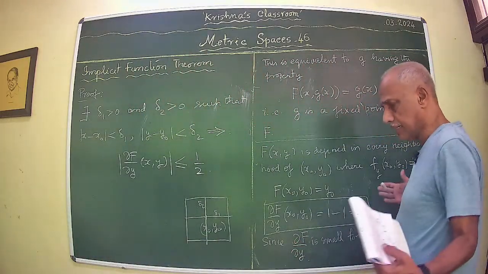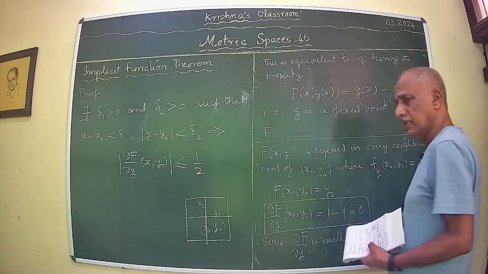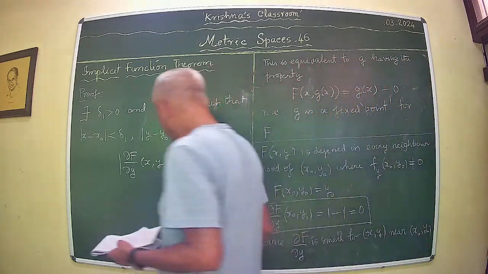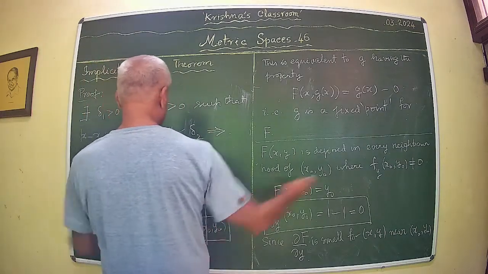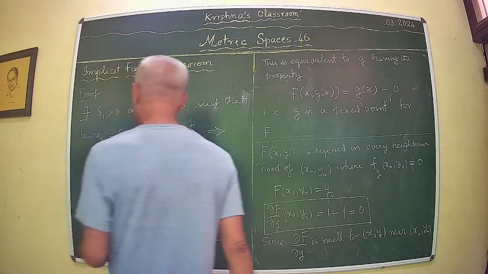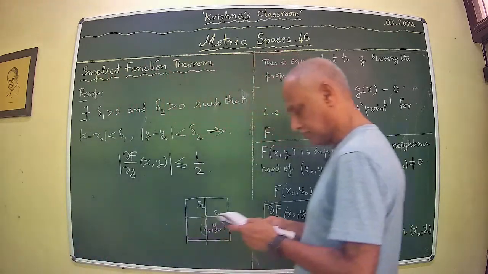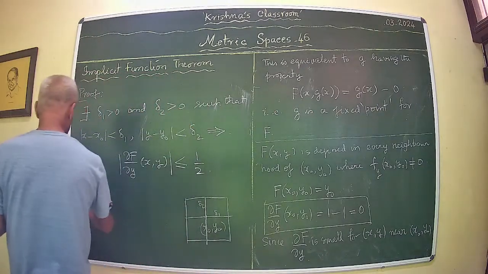So the delta 1 and delta 2 have to be chosen in such a way, because the function df by dy is smooth and is equal to 0 here, that you don't go too far so that df by dy is greater than half. That can be done. Now we may further assume